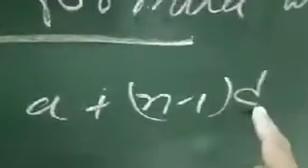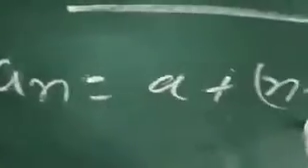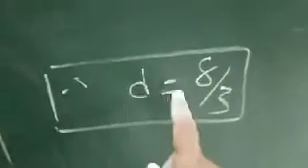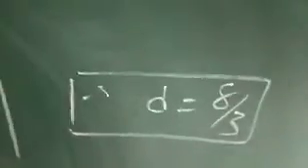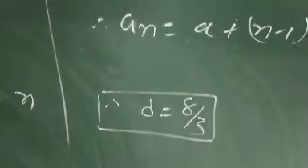Okay, so by the an formula, the last term formula, we find d. So here an is equal to a plus (n minus 1) into d. Okay, so we find d here. a we have, the number of terms n we have already found, that is 16, and an, the last term, we also have in the data, that is 45. So you put the values in this formula and find d is equal to 8 upon 3. So these two answers you have to find and complete these sums.